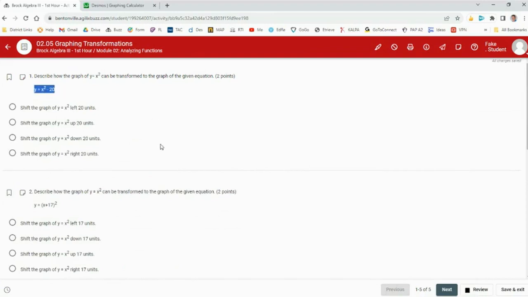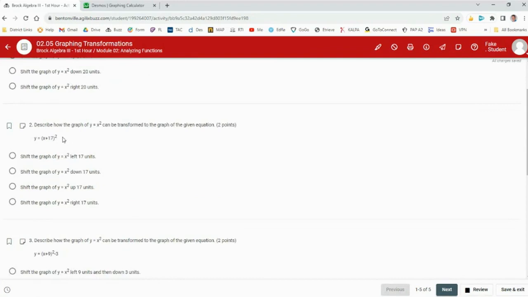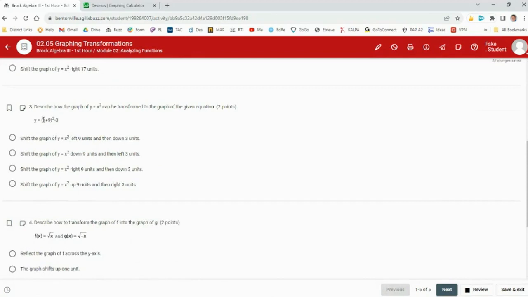Y equals x squared minus 20. How can we take x squared and make it minus 20? Do we move it left 20, up 20, down 20, or right 20? So when it puts a minus 20 on the end, what happens? How about when we put a plus 17 inside the parentheses with the x? Inside with the x. Left, down, up, right. How about when we put a 9 plus 9 inside and a minus 3 on the end? Left